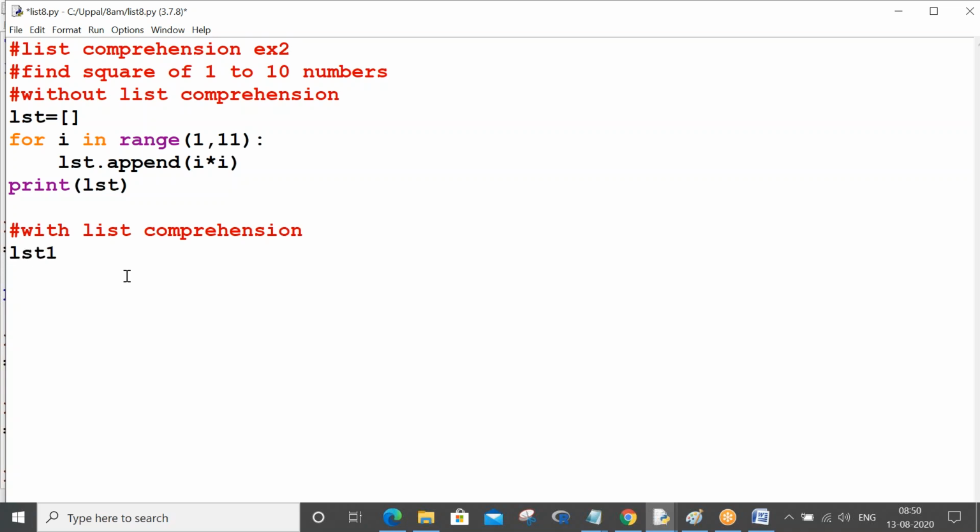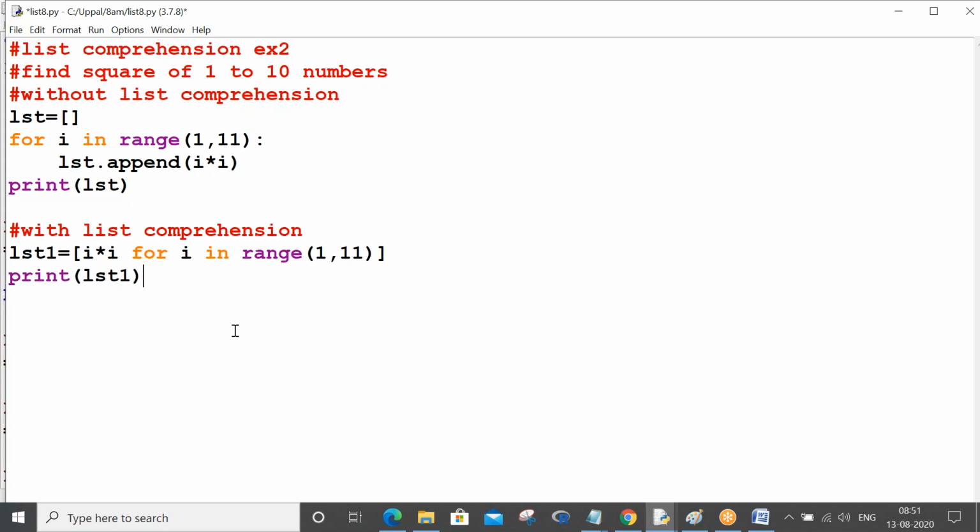You see, lst1 equals, and here itself you have to try to build logic building skills: i star i for i in range of 1 comma 11. Getting my point? Now print lst1.